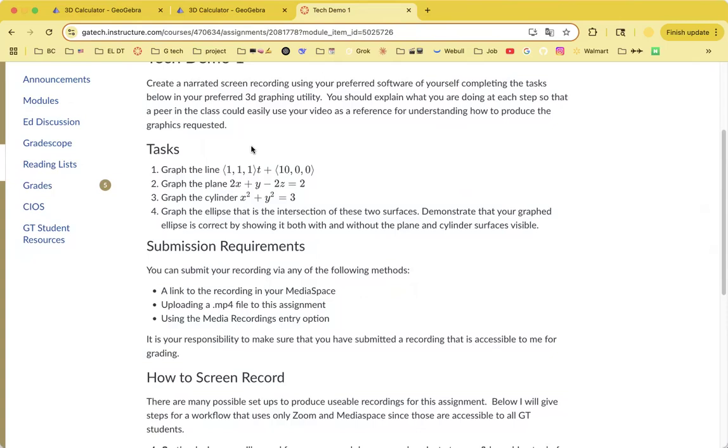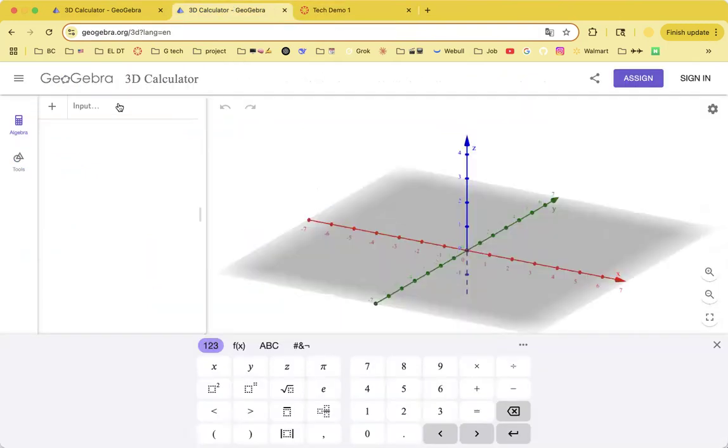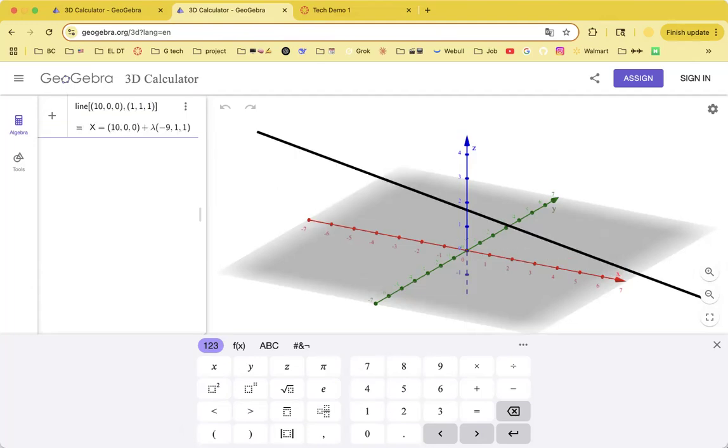So first task. We are required to graph the line that has direction vector 1, 1, 1, and a point. Here I will enter the command line, because I have to let GeoGebra know I'm trying to draw a line in 3D space. So I put line and the point from 1, 1, 1. Then we can see